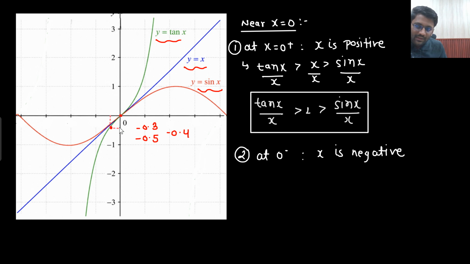Are you able to understand this point? This is your sin x, then this is your x, and this is your tan x. Sin x is bigger because we are talking about negative values. Sin x is giving you the value minus 0.3. Basically sin x,